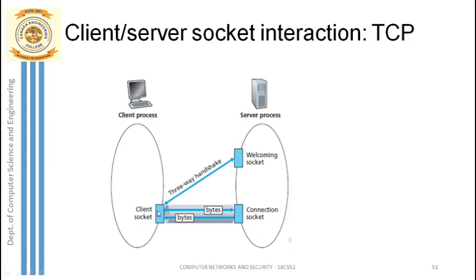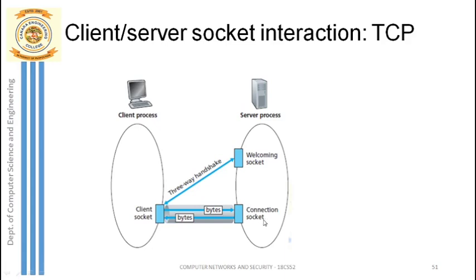So here you see the client socket is created at the client side, through which the request is sent to the server, and to which socket at the server side? It is to this welcome socket that the connection request message is sent. Once the server receives that at the welcome socket, the server should respond back saying that he is ready. But at the same time when he's sending the response back, he will do one more job. What is that? The server will create a new socket at the server side.